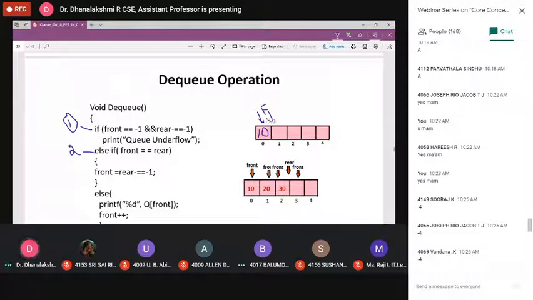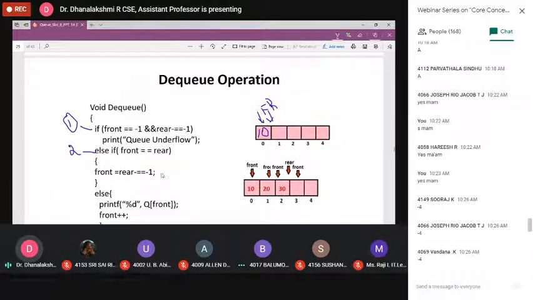So the second condition is, if front is equal to rear, both having the same index, you set front and rear equal to -1.